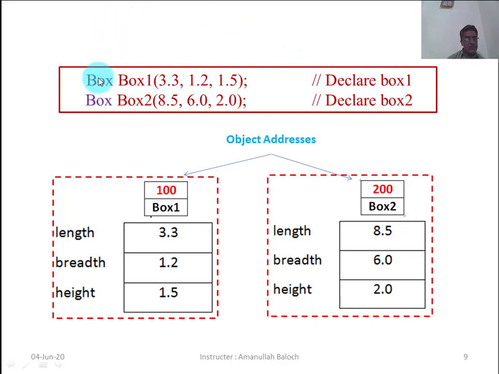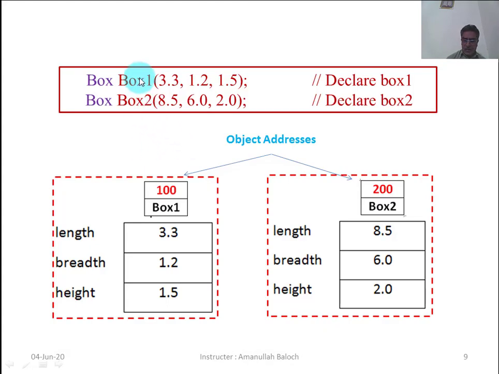We are going to create the class variable, that is object box 1, and another class variable box 2, and these are the three values. These values will be passed to the constructor, and the constructor will accept these three values and store them in the location of the object. So what will happen here?